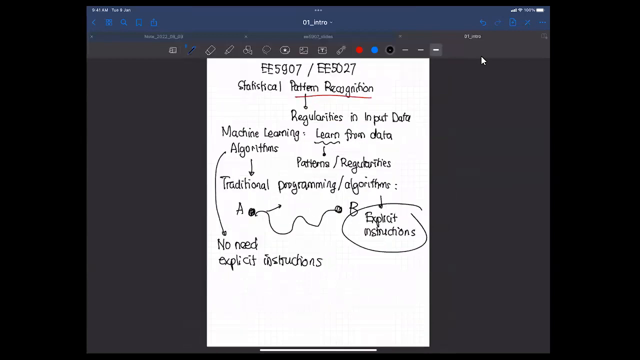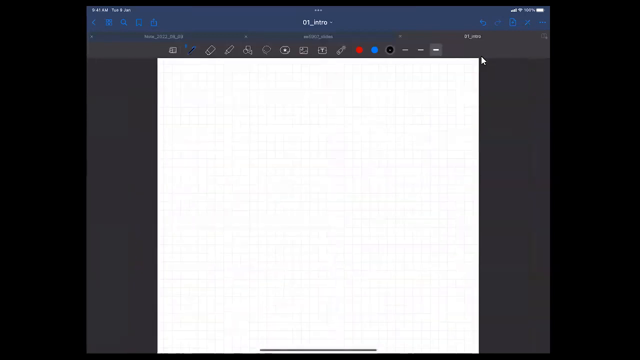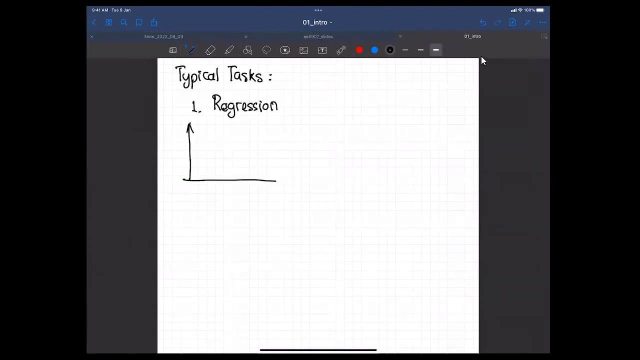the typical task, so I write it here, typical tasks in machine learning or pattern recognition. First is regression. We will learn about this regression a lot during the first part of this module. Regression means that if you have data, let's assume two-dimensional data so that it is easy for us to understand,